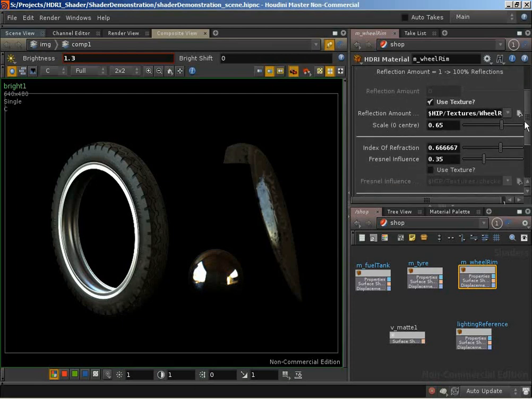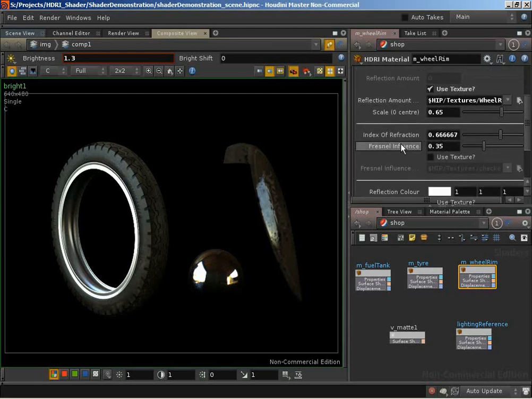A little bit of Fresnel, that's actually an interesting point, because really we know that metal surfaces just don't have a real distinct difference between the glancing angles when we view them and straight on. They're very reflective at all angles. However, I found in this case, rather than thinking about it scientifically, thinking about it in a purely what is the visual end result manner, by increasing the Fresnel very, very slightly, I managed to bring out some of these